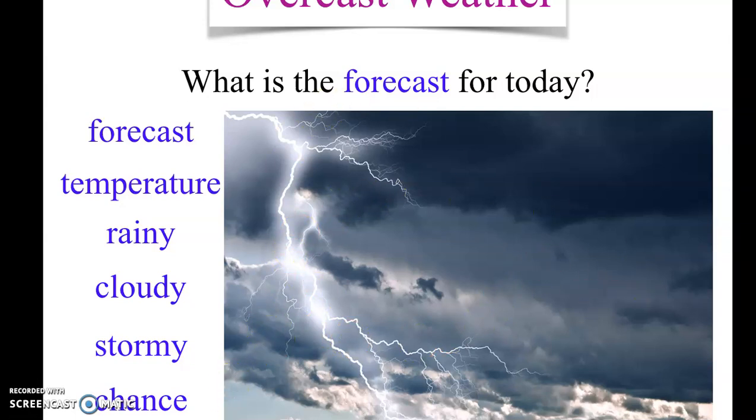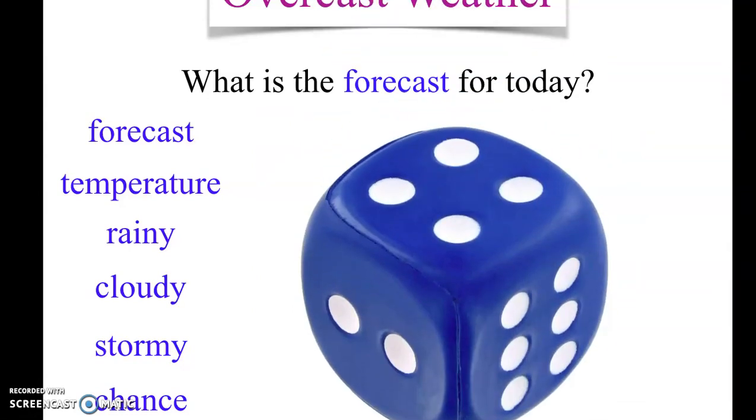What is a chance? Well, chance is something that might happen, right? A little chance, so it probably won't happen, or a big chance, right? There's a 100% chance it will happen, or 80%, right? Chance is the possibility that something will happen. So when we play games with this, which is called a die, a dice, when we play games, we take a chance, right? When we roll this, we might get a 4, we might get a 1, we might get a 6 or a 2. Okay, there is a chance to get those numbers.